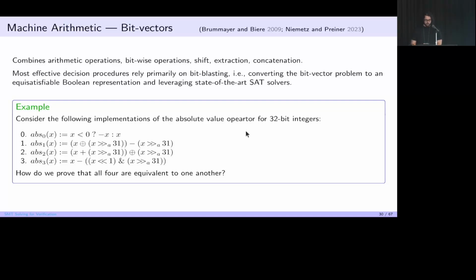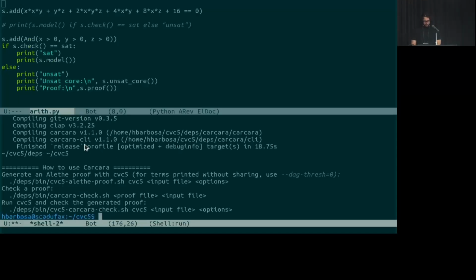And then what you could do here is to try to prove the validity of the equality between this way of doing it and this way of doing it. As Shiro had proposed, you can just negate the equality and then check if that is unsatisfiable. So if we wanted to do that,